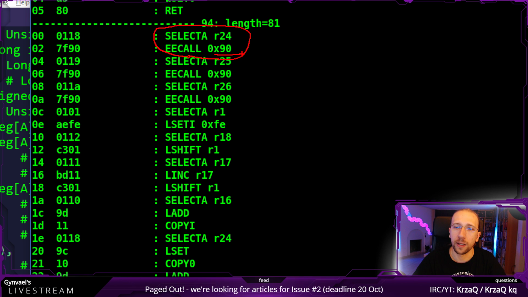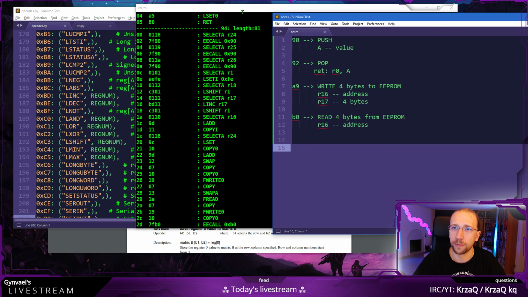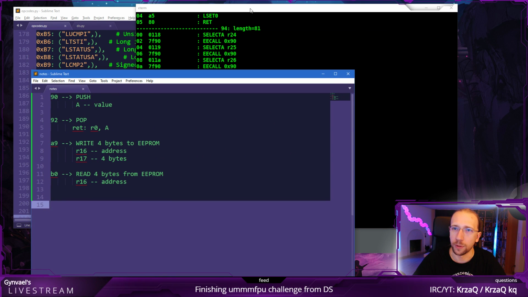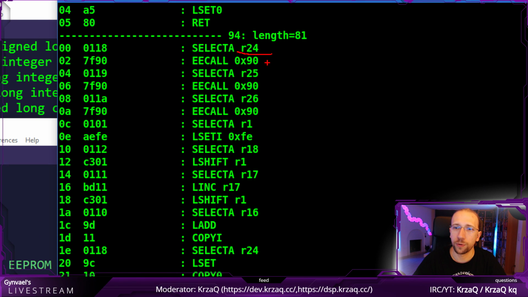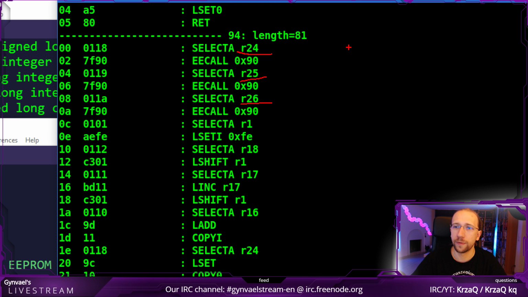Function 90. So okay, function 90 was push. So it just pushes something to the stack. Where did I put it? Let's put it here. Okay, it pushes register 24 to the stack, register 25 to the stack, and register 26 to the stack. This looks like preserving values, because it's probably going to clobber the values in the registers, scramble them, write over them, use these registers for something else, so it has to preserve them